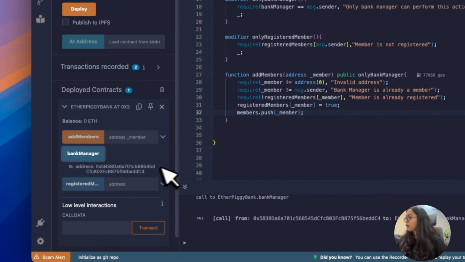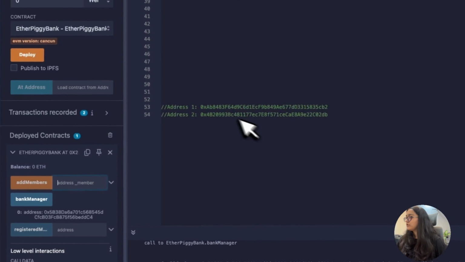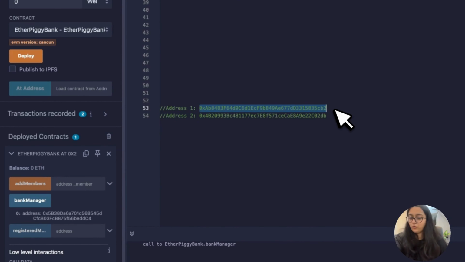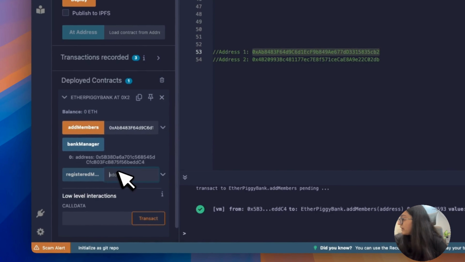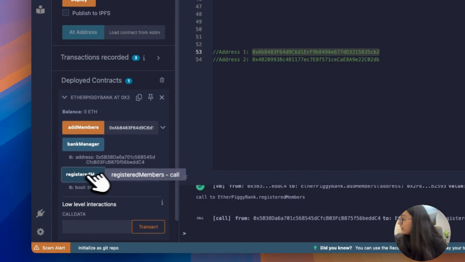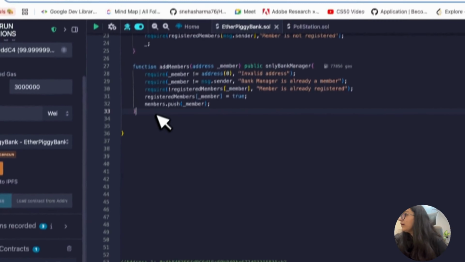So bank manager, we already have it, and I will just use this demo address. I'll paste it here, add members, and then I'll check for this, and it says, oh, bool true. Okay, great. So now that we have added that,